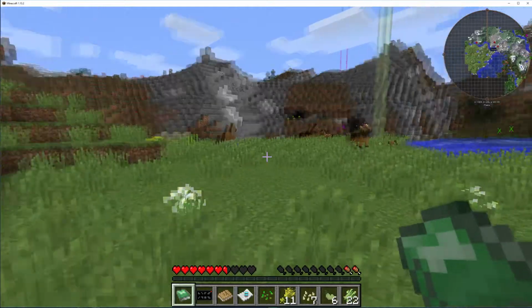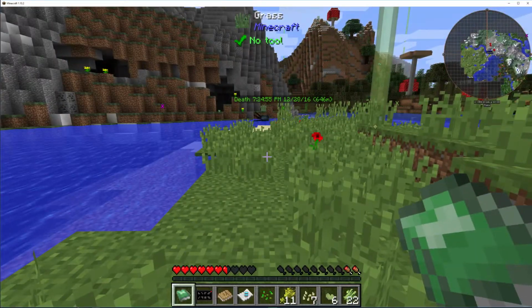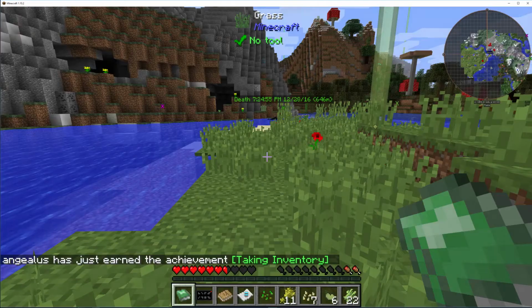So let's go ahead and make a base. We're going to need some pretty basic things, like a pickaxe and stuff. I really don't have much in my inventory. I actually got the achievement for taking inventory, so this will be the first time I'm in here. So let's get